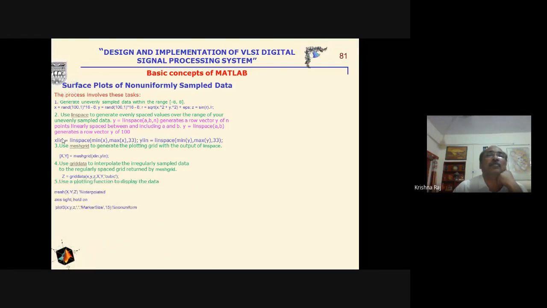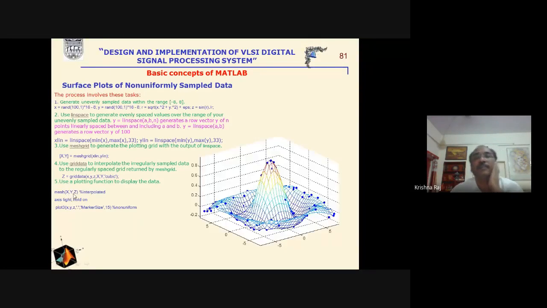For example, to generate unevenly sampled data, we use the linspace command, then meshgrid, then griddata, and then write the command mesh X, Y, Z. Now see the result. This will be the result for plotting the non-uniform sampled data.